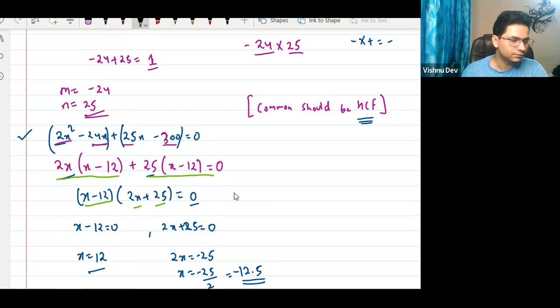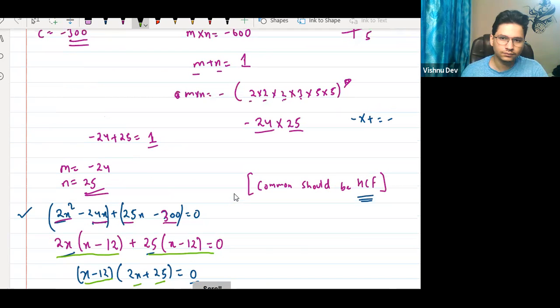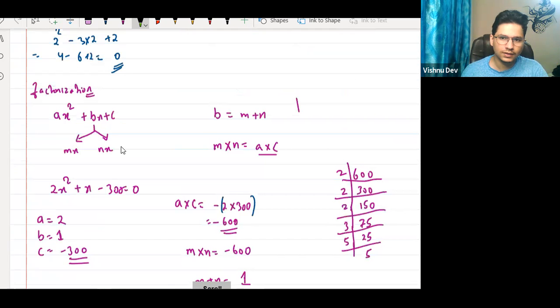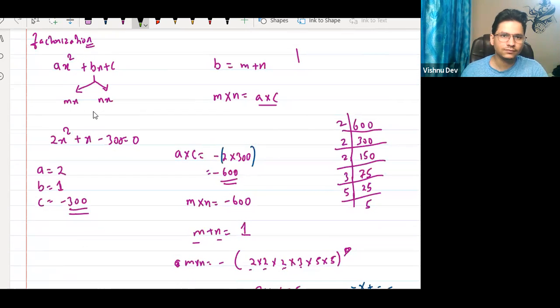Sir, can you tell that rule again? I didn't understand. And sir, when to use that? See this one. We should find the HCF. First of all, this is one of the methods. There are actually three methods to solve quadratic equation. We will be studying two methods, and third is formula, direct formula. But in today's class, we'll be focusing on factorization because factorization से क्या होता है कि we have to